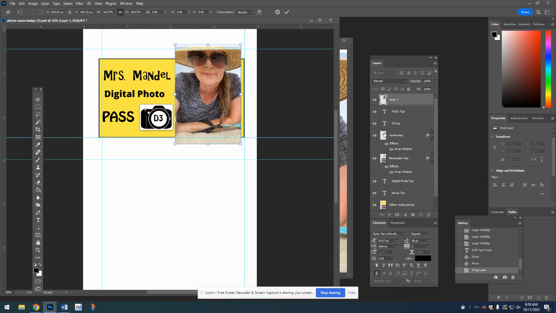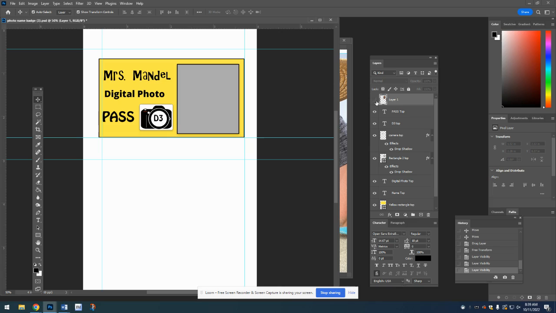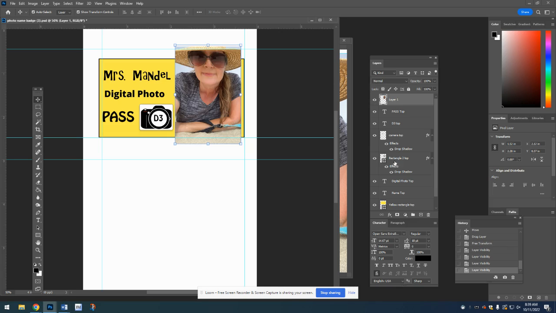And in fact, if you look over here at the layers, here's my picture that I just added. Here's the gray rectangular box right here. I want to click and hold this and put it right on top of the box, so it's the layer right above the gray box. If you hover between these two layers